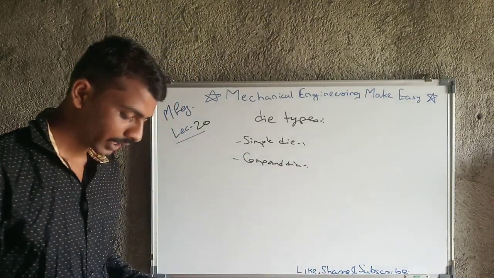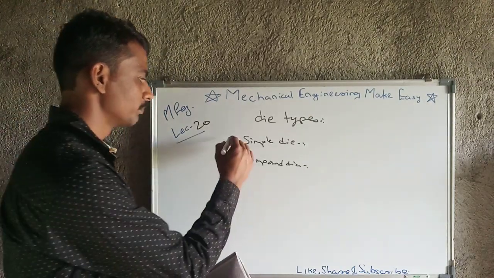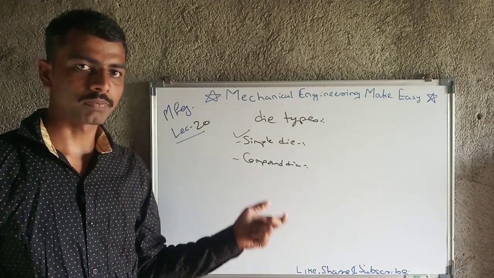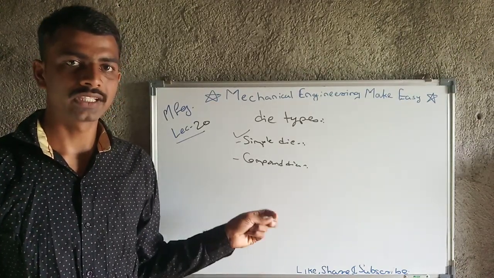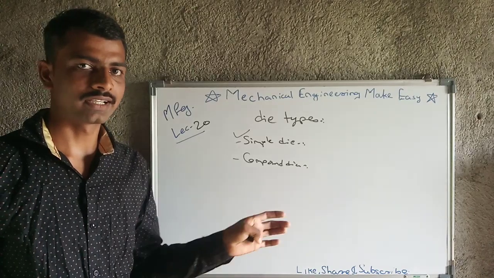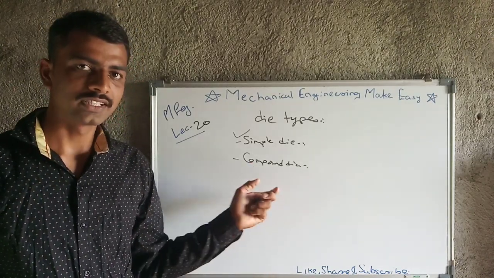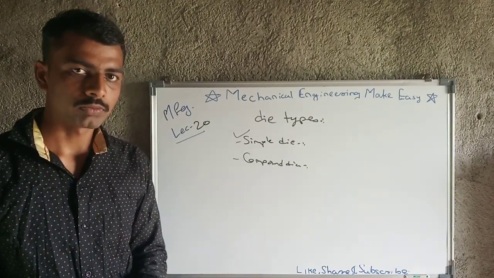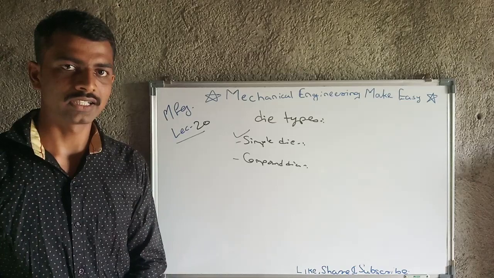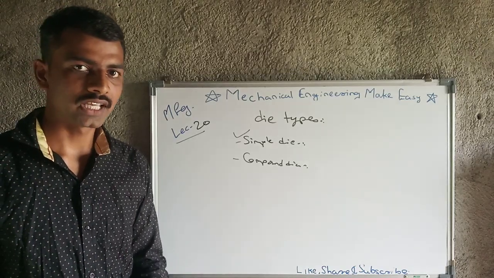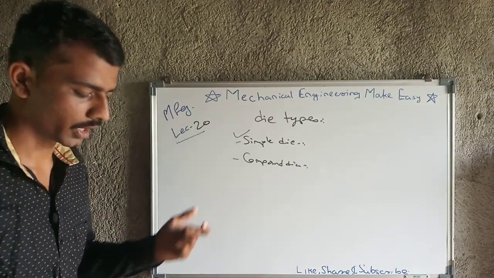Okay, a compound die is nothing but a die on which two or more operations can be performed. A simple die is designed for a separate operation. For example, if a die is designed for sheet metal cutting, then we can only do sheet metal cutting on that die. But a compound die can be used for a number of operations. If a die is designed for cutting as well as forming, then we can use that die for cutting and forming, and that is nothing but a compound die.